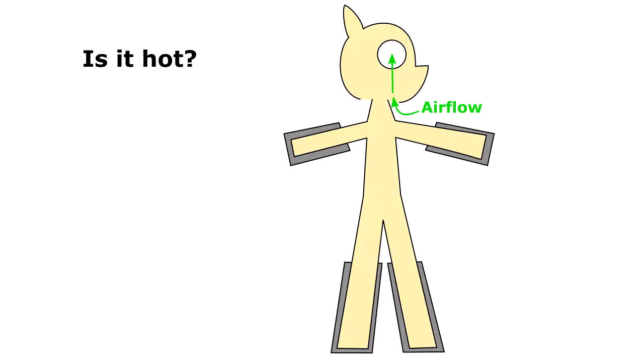And of course, is it hot? Yes, of course it is. But my suit manages heat better than most, I think. The plastic shell head has decent room for airflow. It basically comes in the wide neck hole and out through the eyes, and the fan inside the muzzle helps